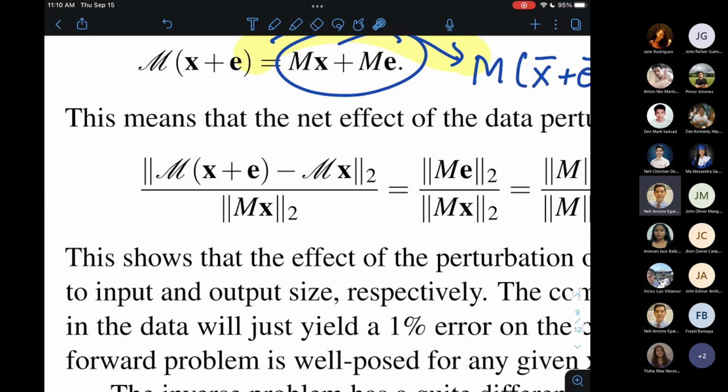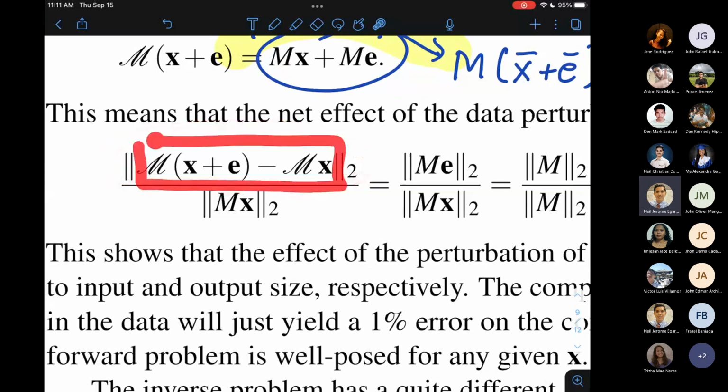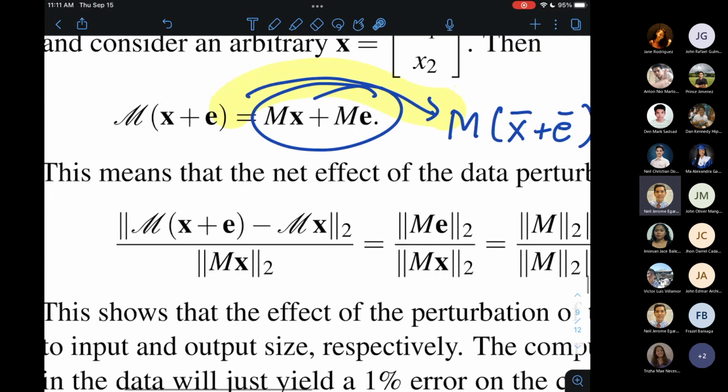So ano yung effect ng noise of relative size epsilon doon sa solution? So titingnan ko, yung solution after the perturbation of the input minus ano yung original solution without the noise. So we can say this is the noisy solution minus the original solution divided by the size of the original solution. Right? So, computing ko to. So, ito, simplify ko itong nasa loob. Ano yung absolute change doon sa solution? Well, alam ko na yung perturbed solution